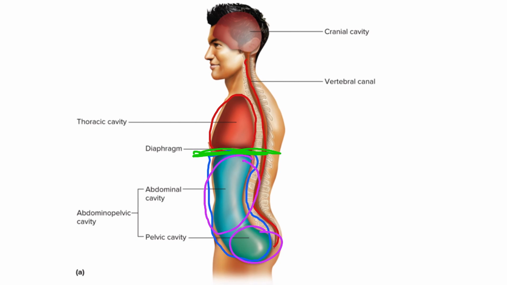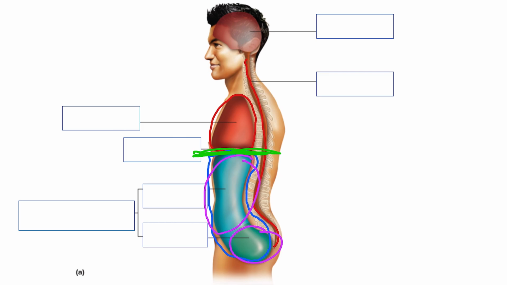So again, for anatomy and physiology, there are a lot of terms that need to get organized in your brain. If you have to keep going back to this video, or take a minute and look at the diagram, go ahead and do so. All right, so let's do that again. So we have the cranial cavity. Actually, let me backtrack.